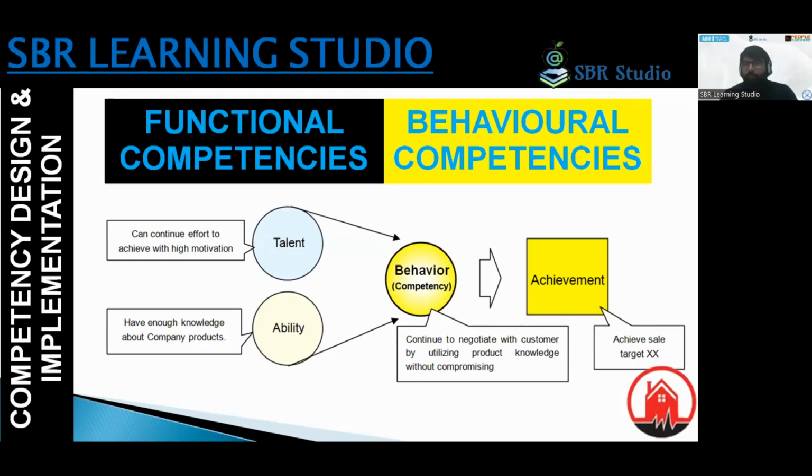The three sets I have shared with you: their mind, their jobs, as well as the human and organization management. Now you see here, what is the behavior competency? You have both the talent and ability. The talent and ability is the functional competency you have, but you are not utilizing it the right way to demonstrate your talent and ability or achieve your goals, in a way or behavior that I have shared here, or consider it as the behavior competency, where continually you are negotiating with the customer.